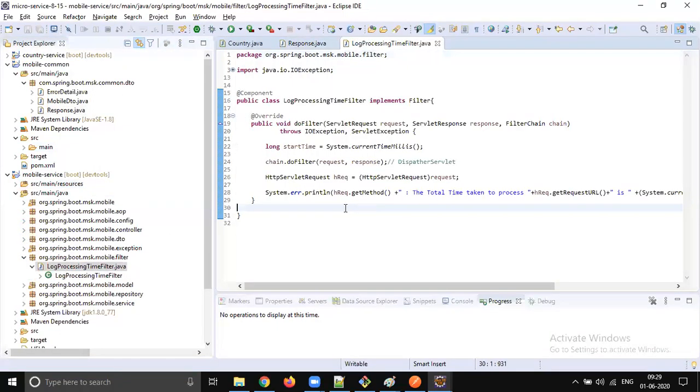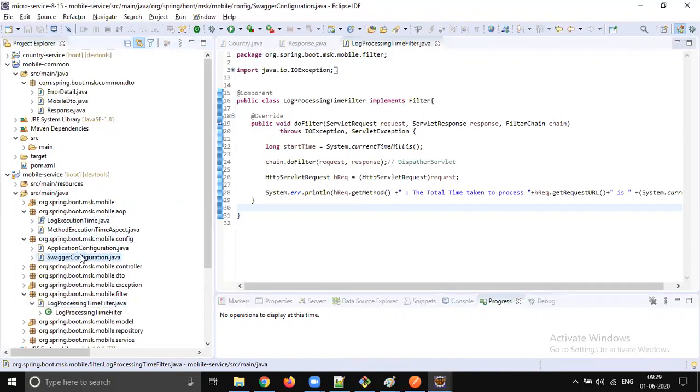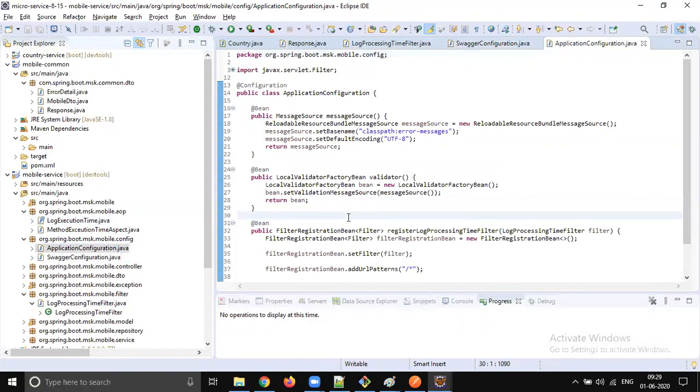We have AOP for each method execution time logging. We have the OpenAPI Swagger configuration, and we have some validation. All these are commonly required for country service, mobile accessory service, and mobile service.